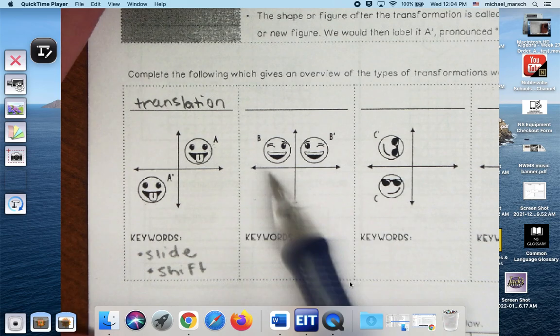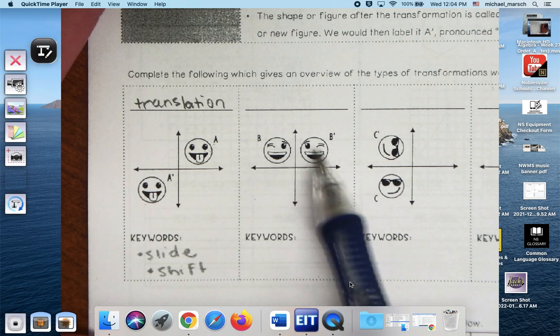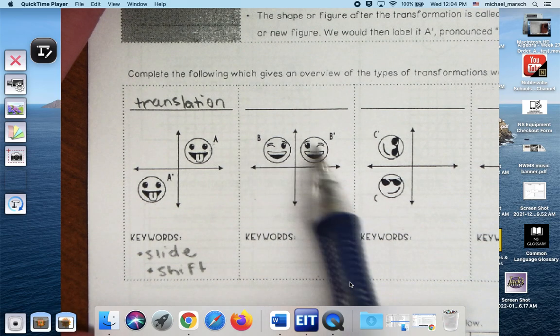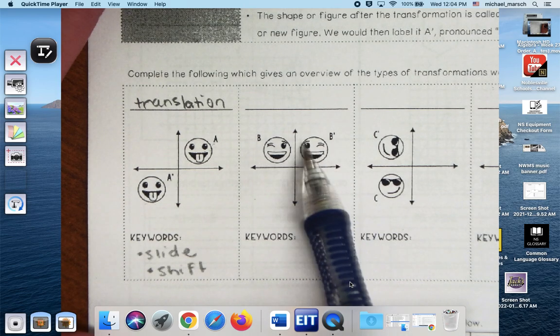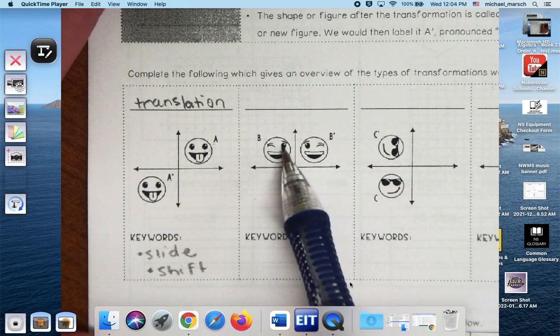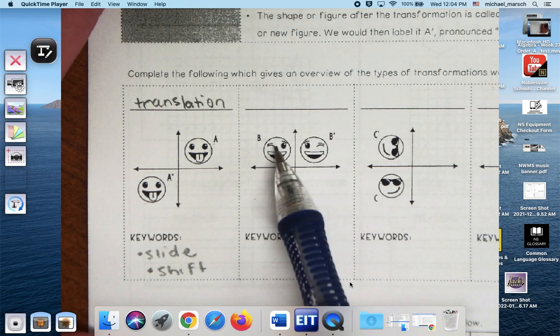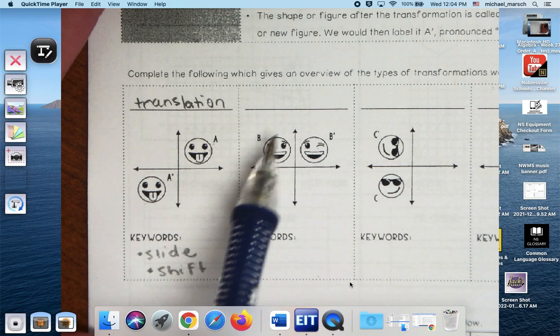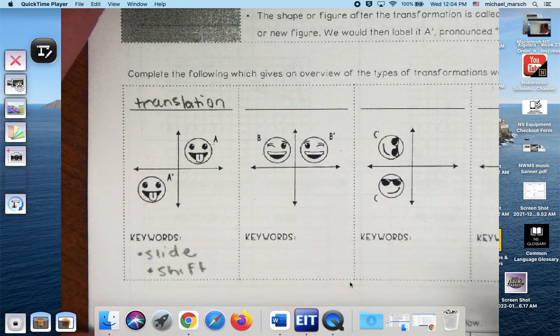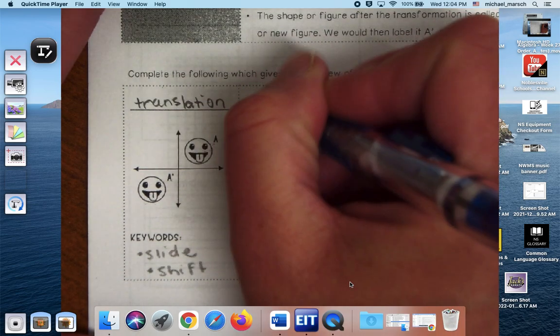All right, now if you look at these smiley faces, the little winky faces, you can tell that this is going to be a reflection because the open eye is now on the left instead of being on the right. So the closed eye switched spots as well. So just like when you look in a mirror,